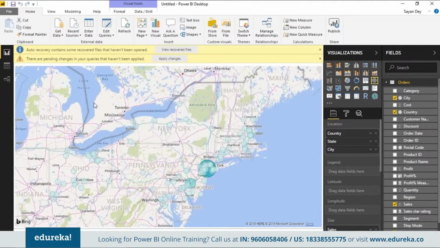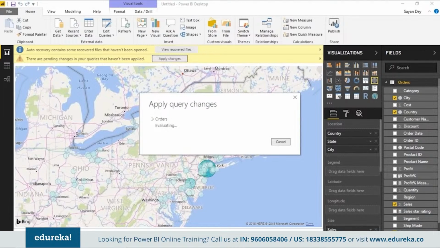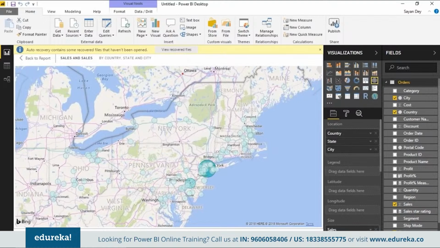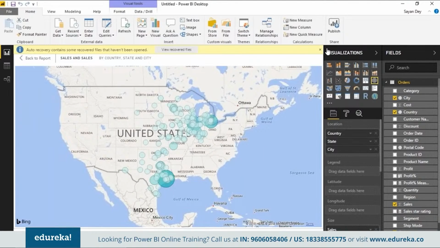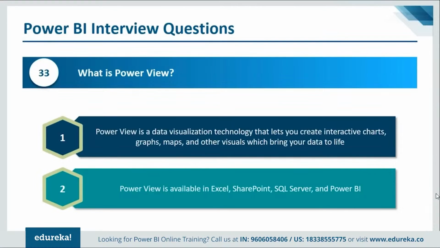Okay, so apply changes for the filter to actually go back to the source and get only the relevant central data. And this is the part where I mentioned that at every point in time, you're prompting the user. And again, it's a very, very good performance optimization technique that you can use, especially when you're dealing with very, very large data sets.